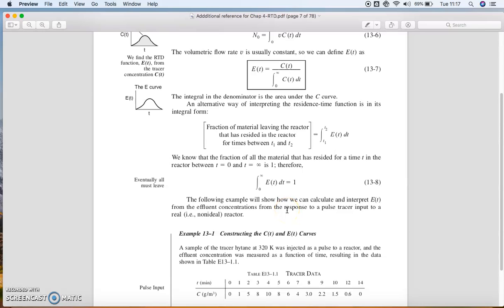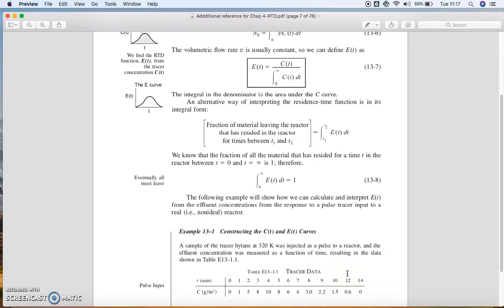So for this video, I want to explain example 13.1. Let's say we have this tracer data given to you, so you will have T and CT. This is one example of a question. A tracer was injected as a pulse to a reactor, right? So they want you actually to calculate